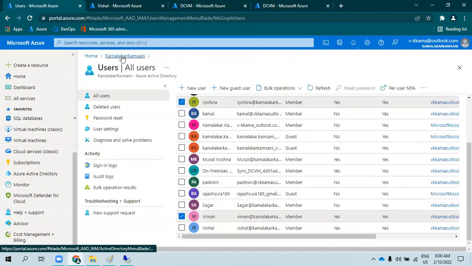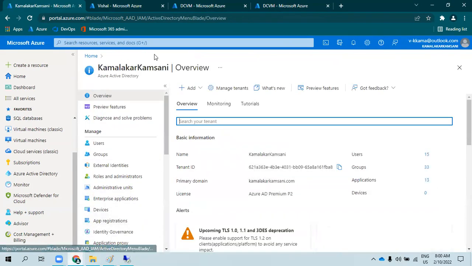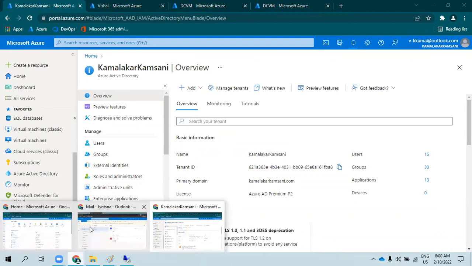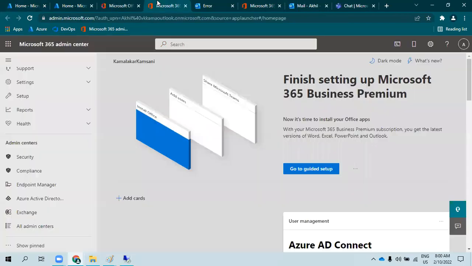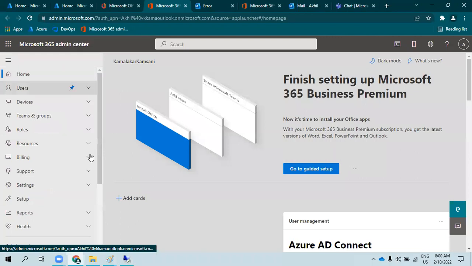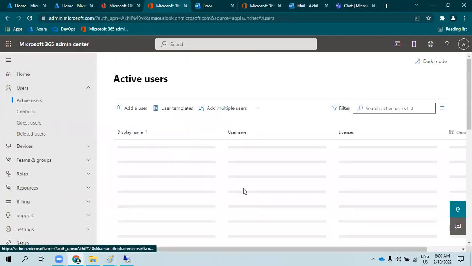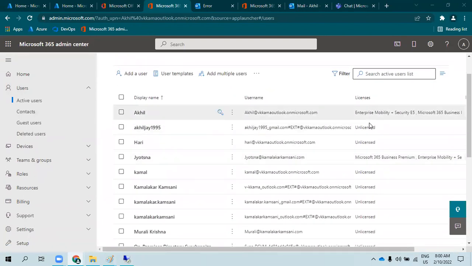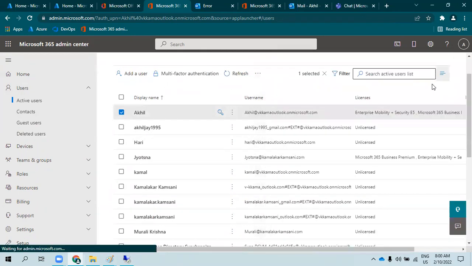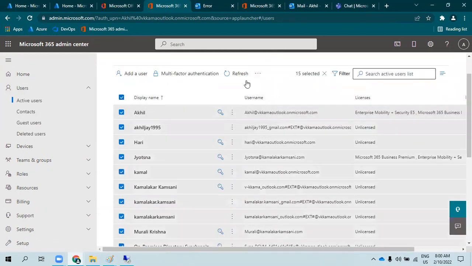Okay, and I will also quickly log into the Office 365 subscription. I'm already logged in here. So this is the Office 365 admin console. I logged in with Akhil's account, which is created in Azure AD. And these are the active users we have. There are a few users which have licenses and a few which don't have licenses. I can select all of these and